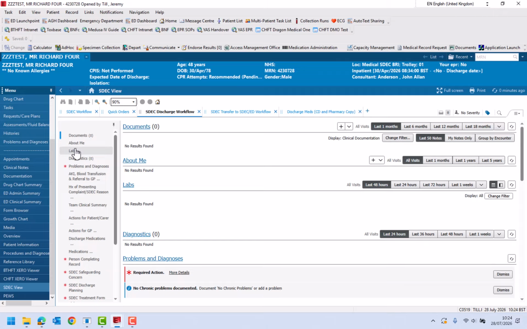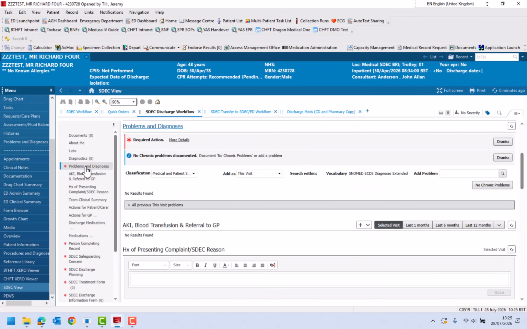we'll just concentrate on the mandatory windows. So in this case, we haven't yet entered a diagnosis for this patient, but if you had in another workflow, it should pull through. So we click on the problems and diagnoses, and we're going to add a diagnosis here for this visit, and you must make sure it's for this visit